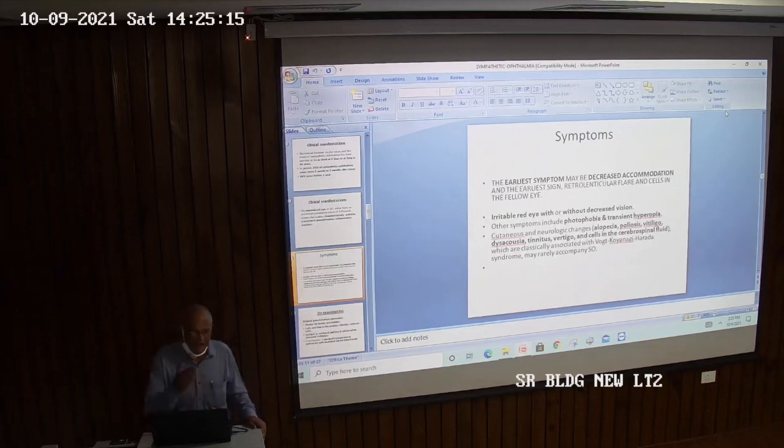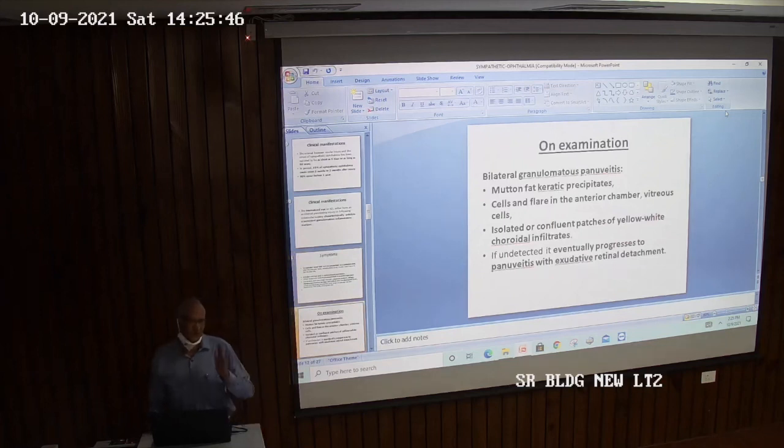So we have to diagnose carefully. This is the important part of VKH syndrome, Harada's disease. That is also idiopathic in nature, and has the same symptoms, granulomatous uveitis and panuveitis. We have to differentiate this. In rare cases, in sympathetic ophthalmitis, alopecia, scoliosis or vitiligo can occur. Maybe rarely accompanying it. So this is very rare in sympathetic ophthalmitis.